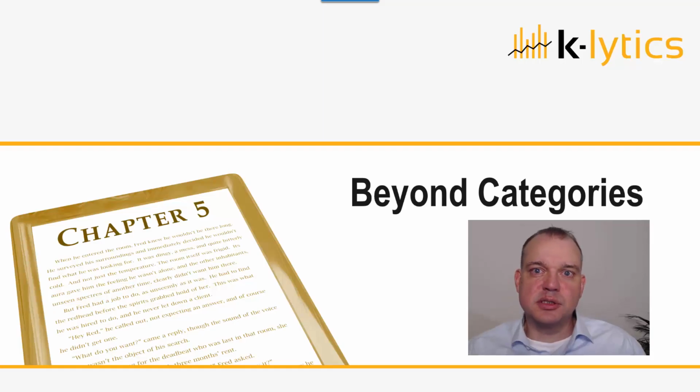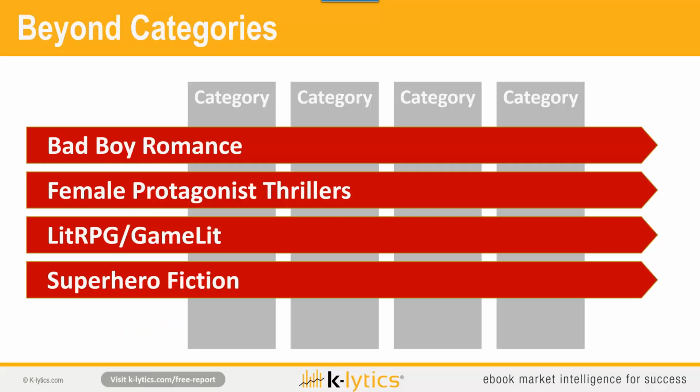Last but not least, this brings us to the last chapter. You can, of course, use data also looking beyond categories. And there are in fact many market genres, market niches where Amazon doesn't even provide a dedicated category. Take things like bad boy romance, female protagonist thrillers, role-playing game literature or game literature, superhero fiction. Now, superhero fiction, there is actually a category, but you find these books also in so many other categories that for this reason,